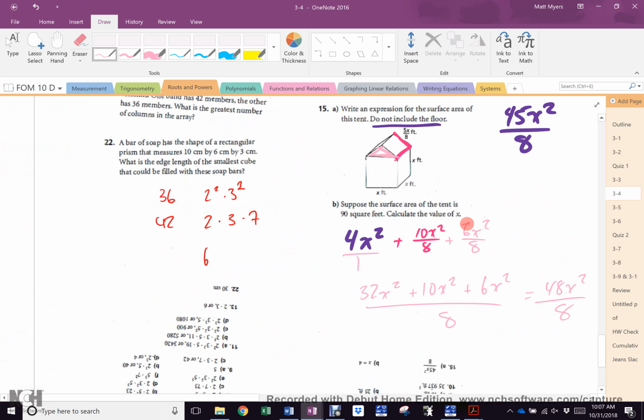So this is 3x squared over 8, which gives us 32 plus 10 is 42 plus 3 is 45. Wait, did you make? Is that? No, this came out of a textbook. Okay. Everybody cool? Now, what if I gave you this question and you had 48 and you showed me all